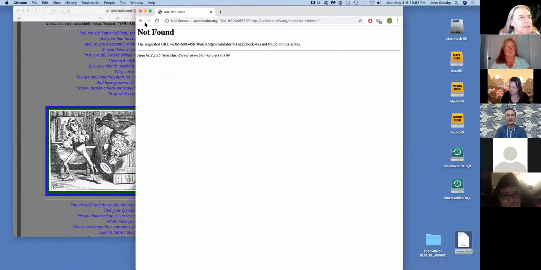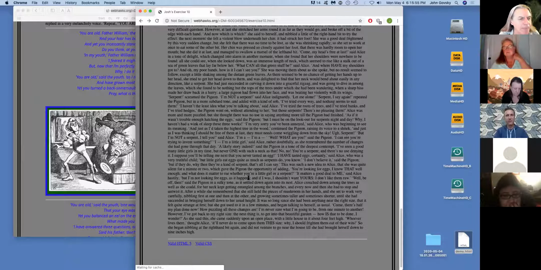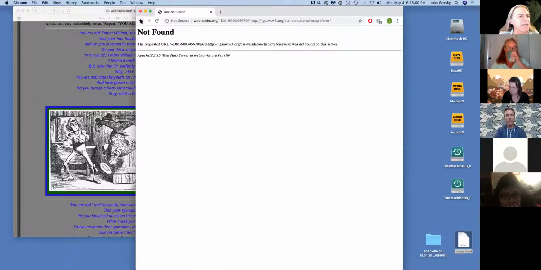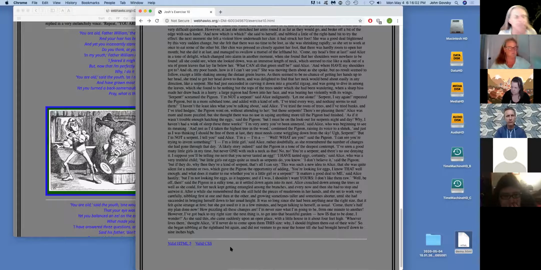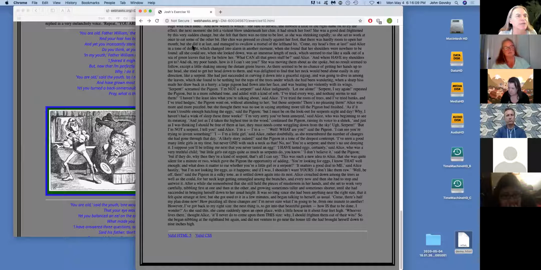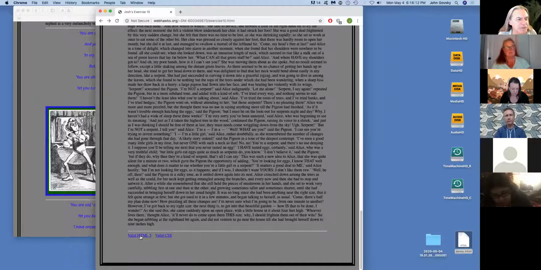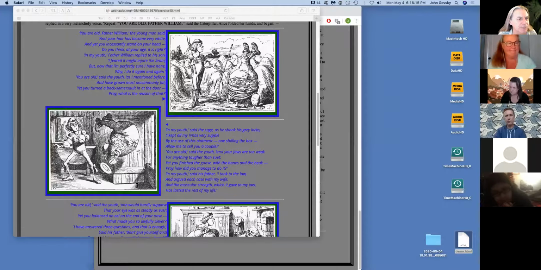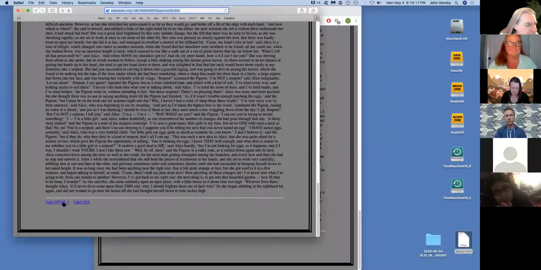It looks like you've got a typo in the link. Let me try the CSS link. Yeah, your code has typos in it, so I can't even validate from here. So that's the first thing you need to fix. I'm going to have to look at your code. This is definitely not right. That's too bad, because I want to. So let's see. I'm looking at the link here. I don't know if you can see that where it shows up under the window. Can you see that link?